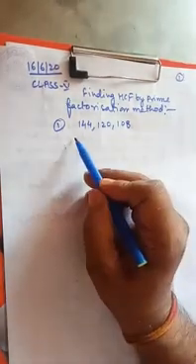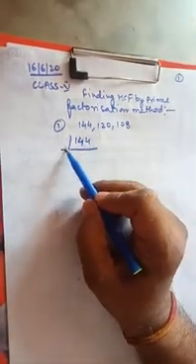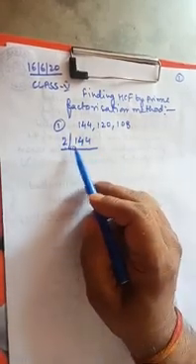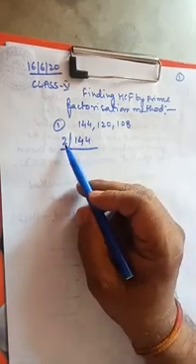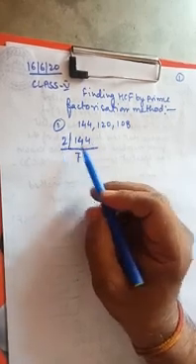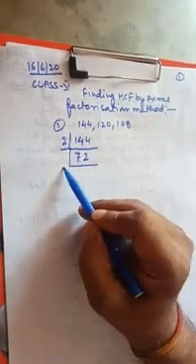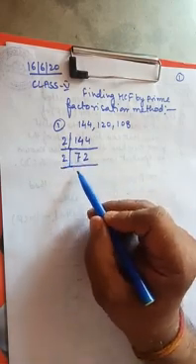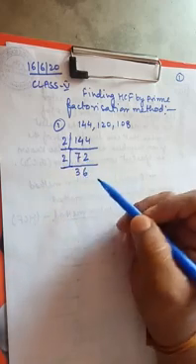Okay, now see here, 144. 144 is an even number, so it is divisible by 2. Divide 14 by 2, you will get 7. Now 4 divided by 2, you will get 2. Okay, now 72. Again 72 is an even number, so it is divisible by 2. 2 threes are 6, 1 carry forward, now it becomes 12, 2 sixes are 12.